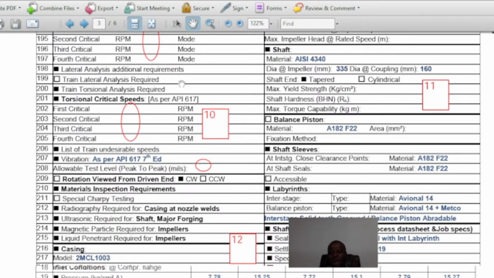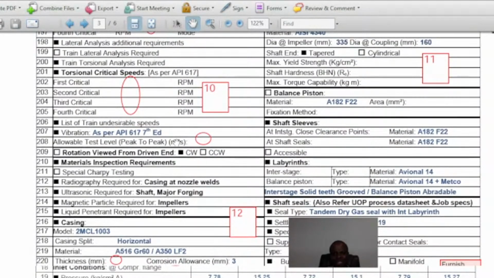So this is the area a lot of machinery engineers or rotating equipment engineers fail to look out for during the detailed engineering stage of a particular project. So they just rush and procure. You have to be careful, because compressors, pumps or steam turbines are critical equipment in your plant, and any shutdown will lead to disaster in the plant, and you don't want to be the engineer responsible for frequent shutdown in the plant. So that is why it is expected of you to do a detailed analysis when you are still at the